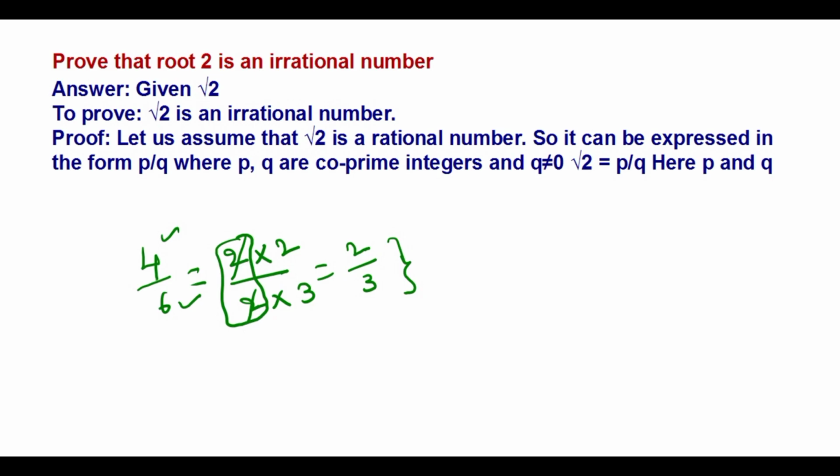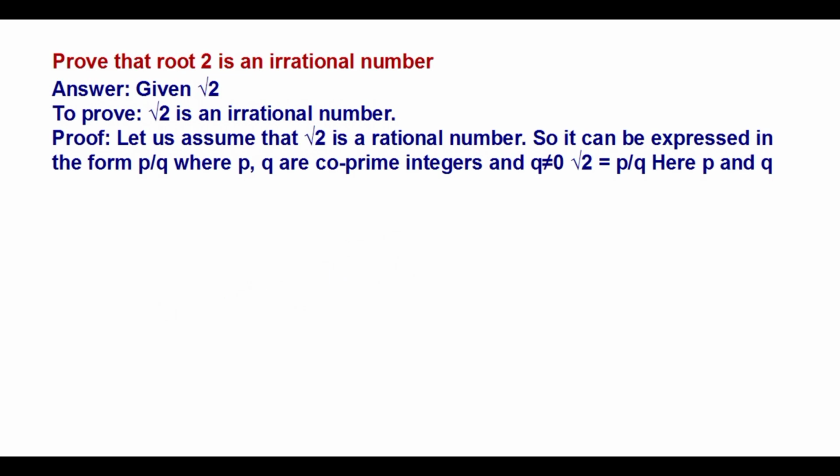So here P and Q are co-prime integers, meaning they don't have a common factor. Got it? It's a very important point. This is the main key point to solve this problem. What is that? P and Q are co-prime integers. Co-prime means they have no common factor. Got it? Now next step,